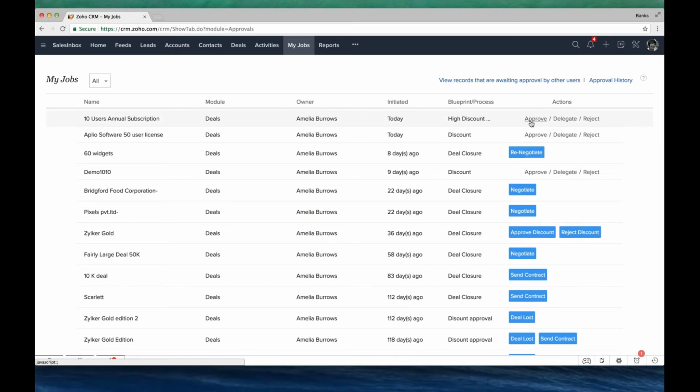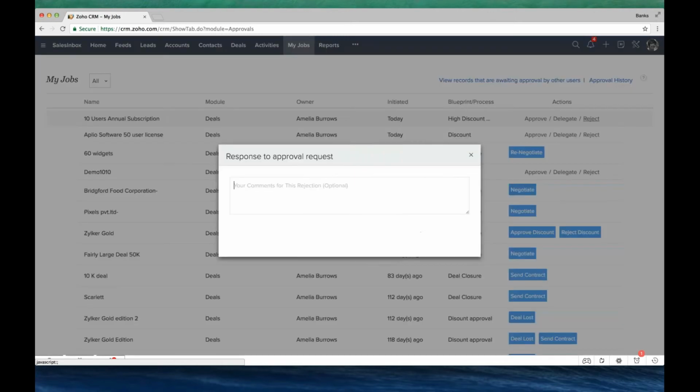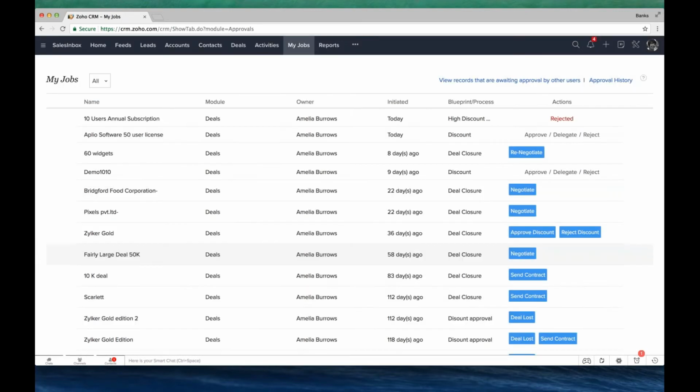So if this user is satisfied and it's fine, she can approve it, or she can reject it. Now what I'll do is I'll reject, and it asks me the reason. Too much discount for the very small user license. Done. That's it.